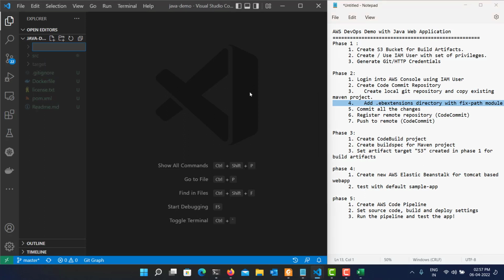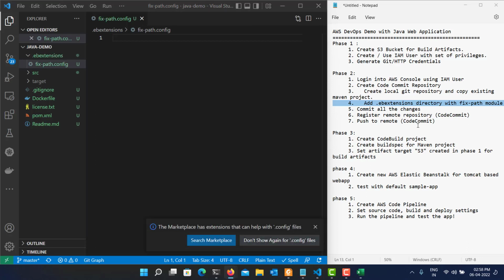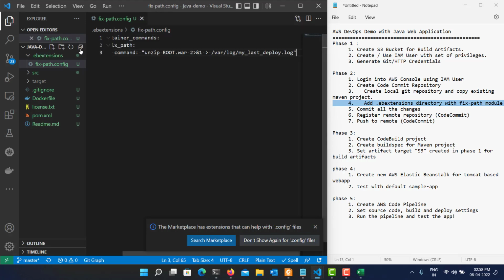I'm going to create a new folder with the name .ebextensions, and inside .ebextensions, I will create a file called fixpath.config. Now this is the file. This is actually a YAML file, which requires me to create a small configuration. Now this configuration is not for the build pipeline. This configuration is actually for